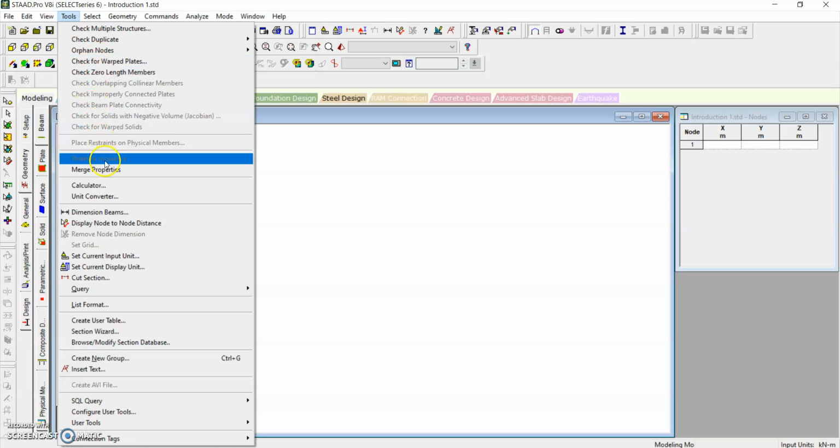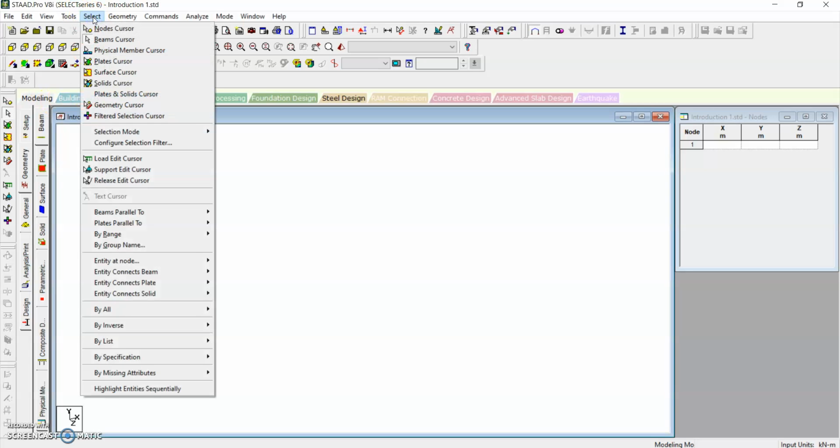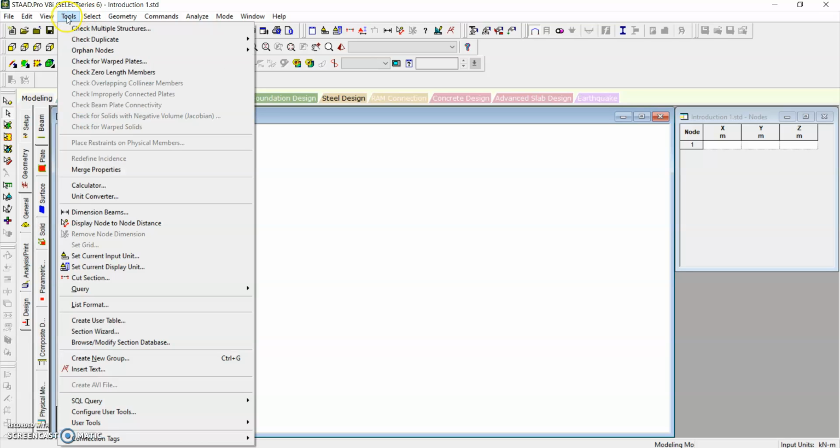So similarly, we have different icons or different options. Okay, when we go for tool, we will have for dimensions, calculator, unit, and other activities which will support us to complete the work quickly, fast. Okay, then